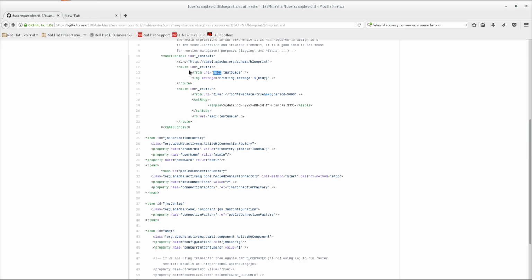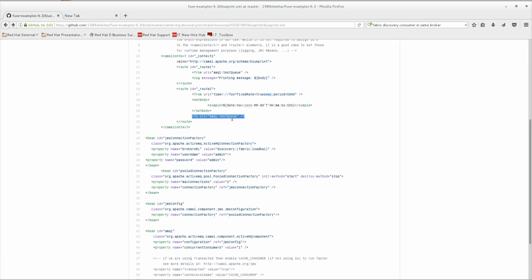So this is the route. Actually this is consuming from a URI. This will consume from the test queue, and it will just print the body. And this is the producer. It's a timer which will run every 5 seconds. It will set the message body with the simple date, the current date, and then send it to test.